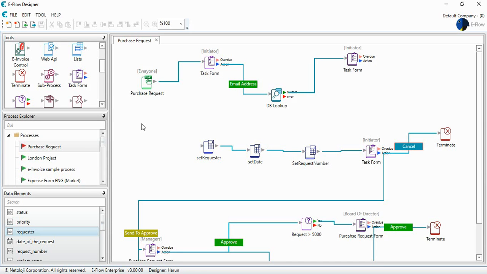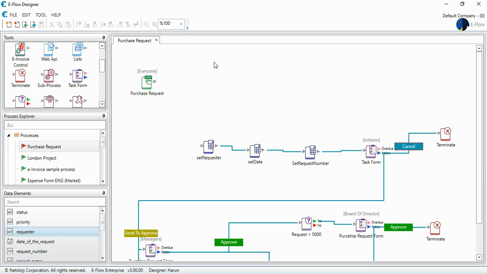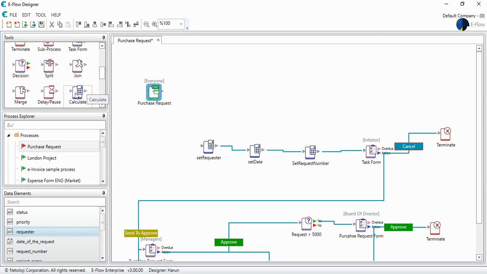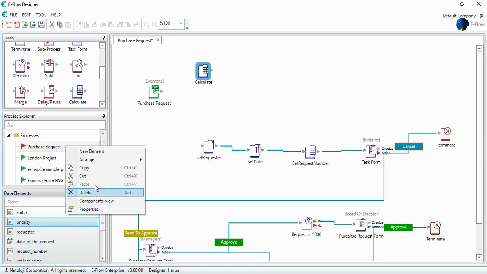How am I able to assign a task dynamically in eFlow during the process? Let me try to explain you with an example. For example, if I want to set an ID of the user who initiated a process, with this calculate tool that I use so often, I can just get the initiator's ID, and let me develop